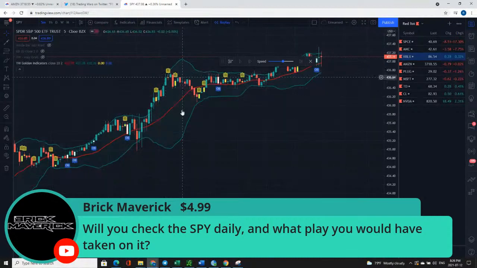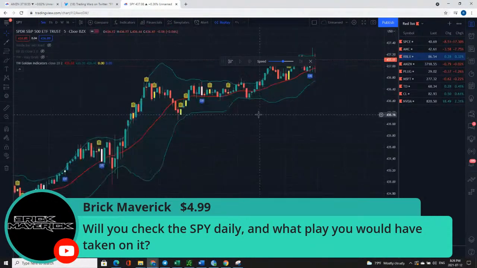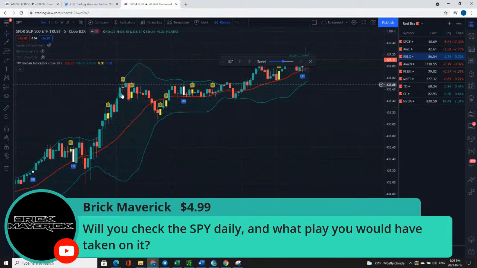Those are harder to play because you don't get good pullbacks. But that being said, let's just look at the inside bars. This one is a winner. This one is a loser. This one, if you scalp, is a winner. This one is a nice winner. This is a beautiful winner into the close. This one is a winner. This outside bar over here depends how you play it. But you see, if you focus on the morning session, there are still very, very good setups there.